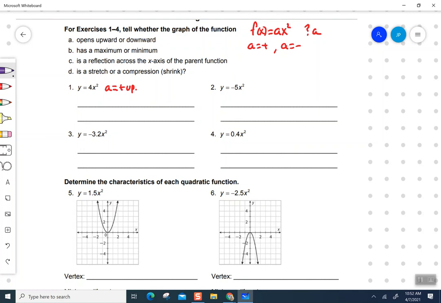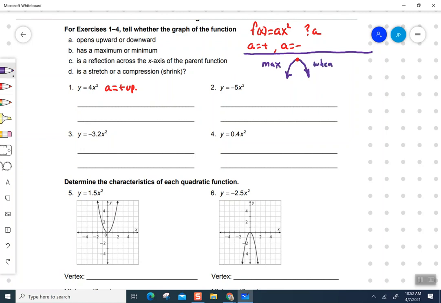Question B wants to know, is it a max or a minimum? Okay, so we have a maximum. That means it is the highest point of the graph. Where does that happen? Okay, in order for something to be the highest point of a graph, when you graph it, it should look like this. And this point right here would be the highest point on the graph. Now, notice it's opening downwards. So that means you have a maximum